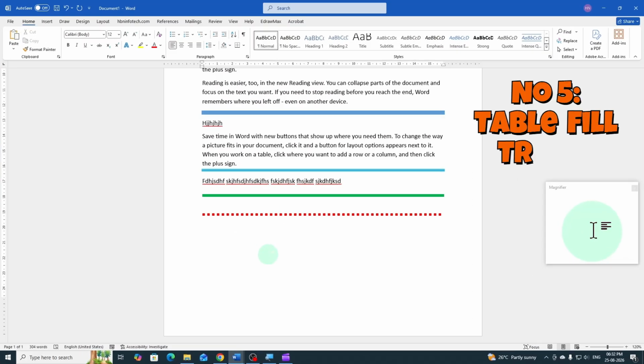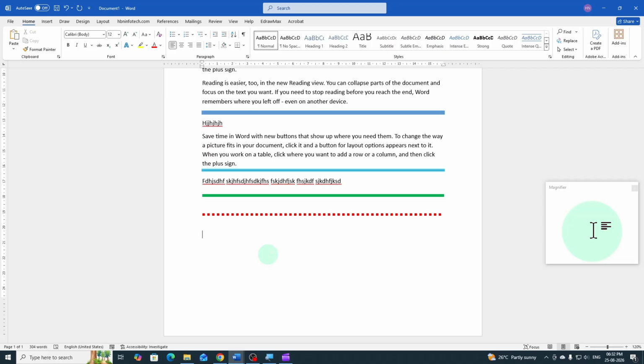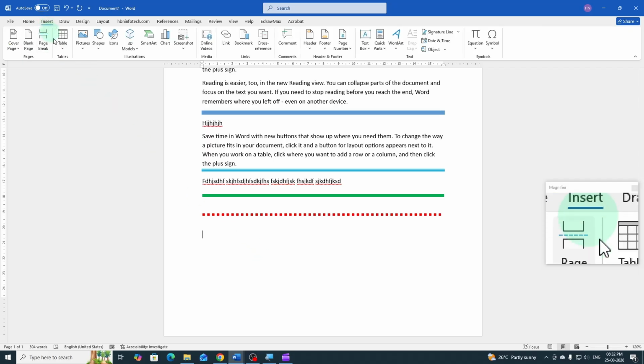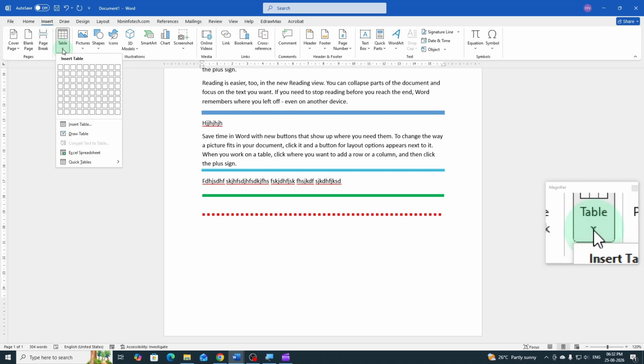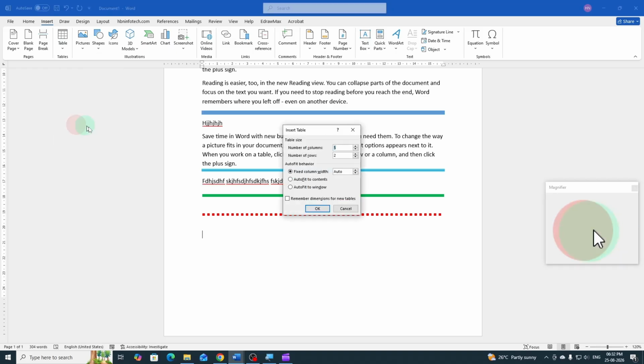Okay, now let us go to trick number 5. Trick number 5 is to use the table fill color to create the horizontal line. So to do this, first you will have to insert a table. In this case, I'll be inserting a one row table, one row with many columns. So I can just go to the insert table, and then